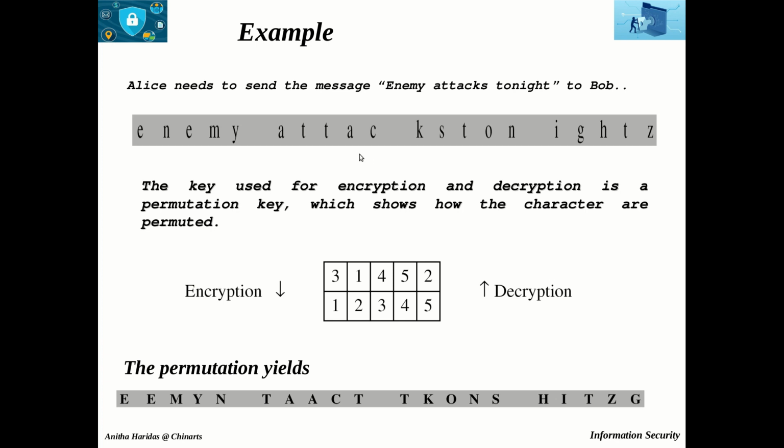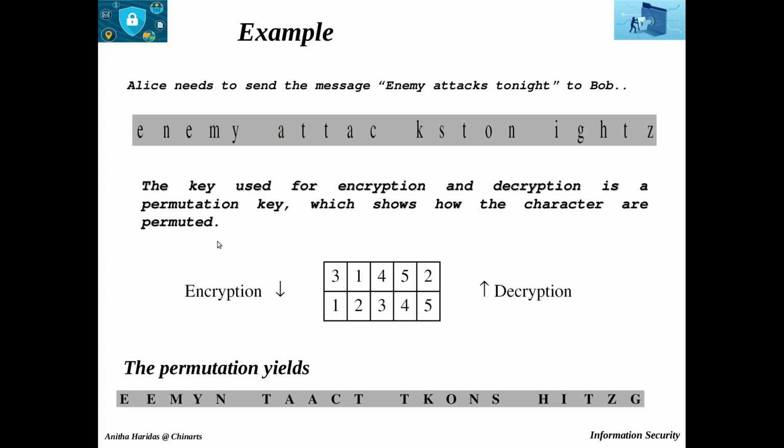Now they have agreed on a particular key. And this key will be used for both encryption and decryption. So this we can call a permutation key, and this permutation key shows how the characters are to be permuted.